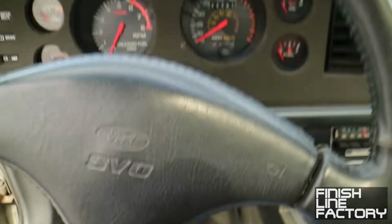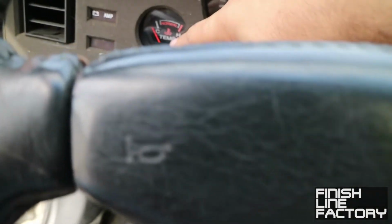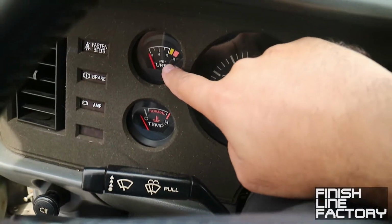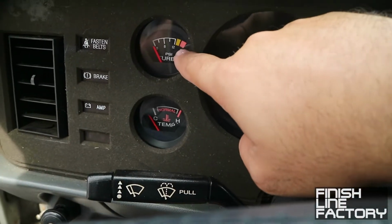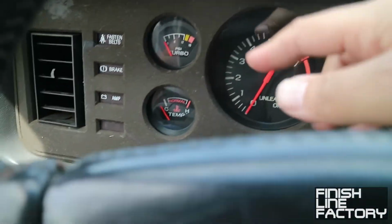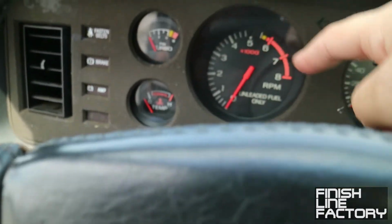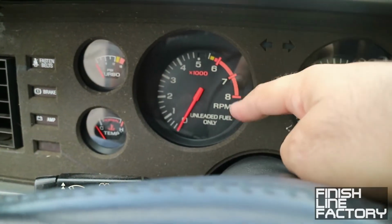All right, so let me show you guys the interior. So here we've got the boost gauge, we've got the coolant temperature gauge. The boost gauge goes all the way to 12, but it goes into the red at 18. Although I personally wouldn't consider that necessarily a bad thing. Fasten belts, some brake lights, low amps. This is your tachometer,